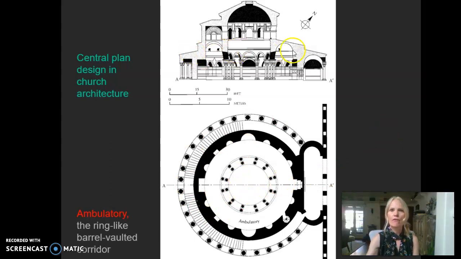Here's sort of a side view. Again, there are the columns. Here's the domed space. It's contained within almost a sloped roof, kind of encased in brick, but there would have been a mix of both cement and marble and brick to construct this space. Now, I call it central plan design in church architecture. Later, Santa Costanza would be used and is still used as a church, but in the 4th century, it was a mausoleum dedicated to that prominent member of the imperial family.